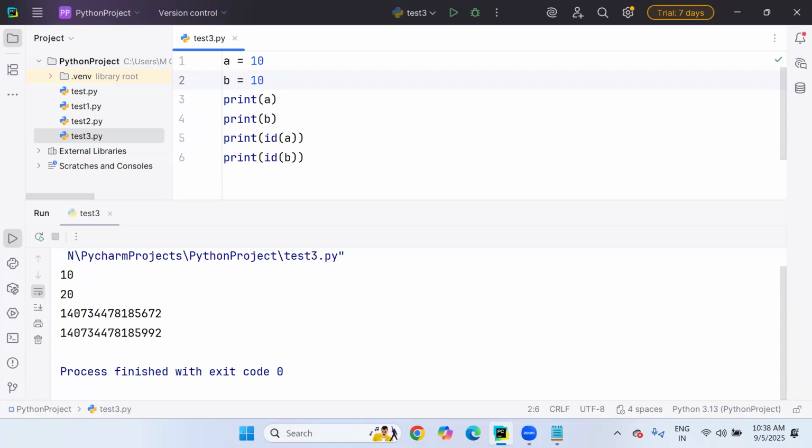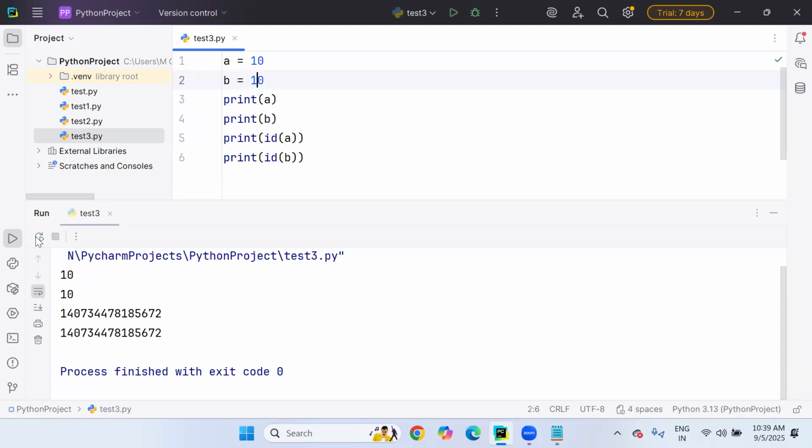In that memory, the 10 value will be there. You can communicate to get the 10 value either through A or through B. Both variables A and B are pointing to the same memory address to pick up the value from that memory. Same memory address, you can see this. In case your value is different, Python decides different memory, so they point to different memory, and when the value is the same,